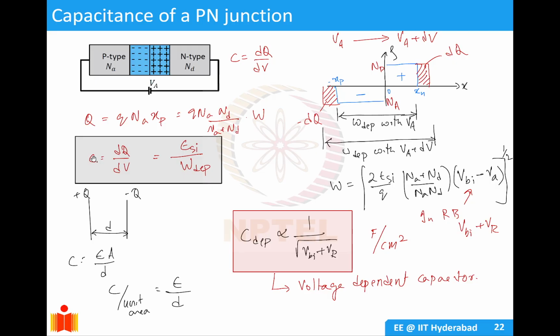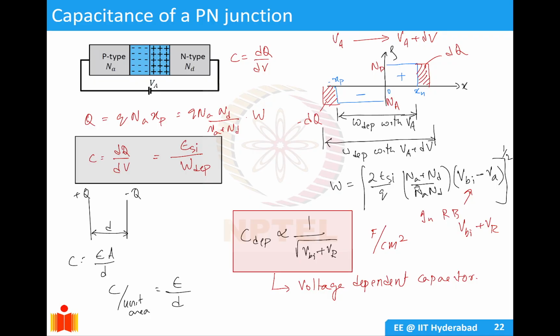The capacitance for a parallel plate capacitor is given as C equals epsilon A by D. We don't consider A because we are always talking in terms of per unit area. So our capacitance per unit area becomes epsilon by D, and D in this case is the depletion width W. Hence your capacitance is epsilon Si by W depletion, and